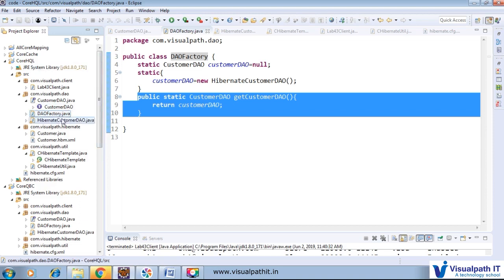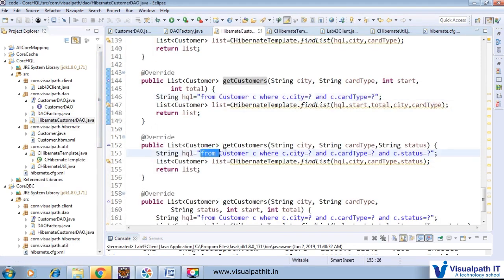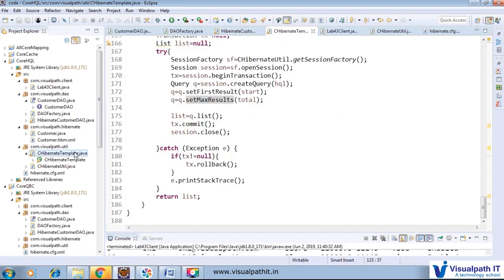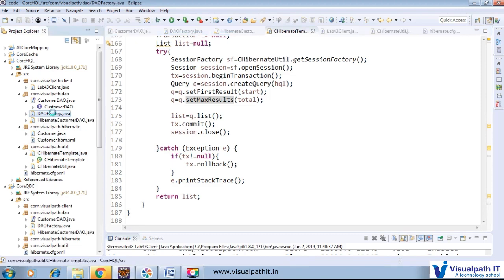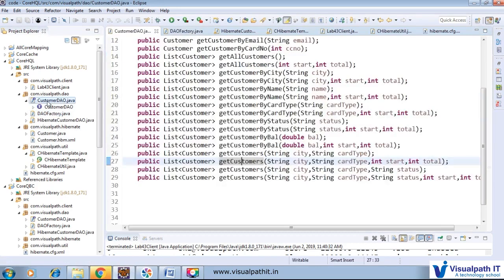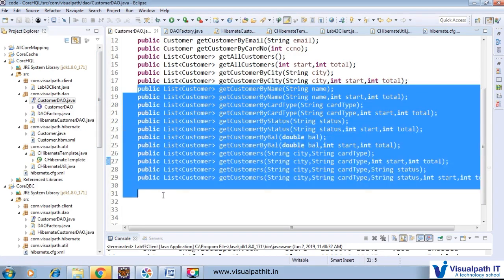And I recommend that if you want to utilize more queries, just go through the Red Hat documentation and utilize all the queries, and think about how you can make dynamic code, meaning merging multiple methods into a single method, and how you can add it in the Hibernate template. For example, there are many methods in the DAO factory, here the customer DAO, so try to merge all the methods into a single method and put that method in the Hibernate template and retrieve it.